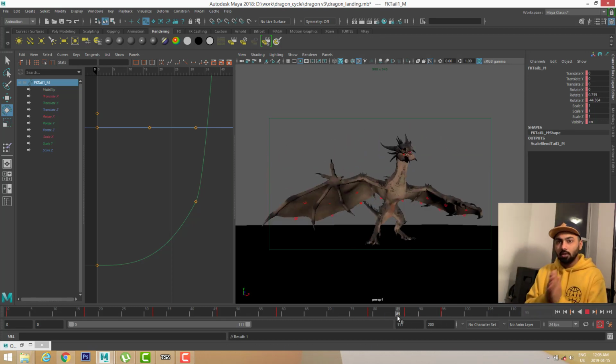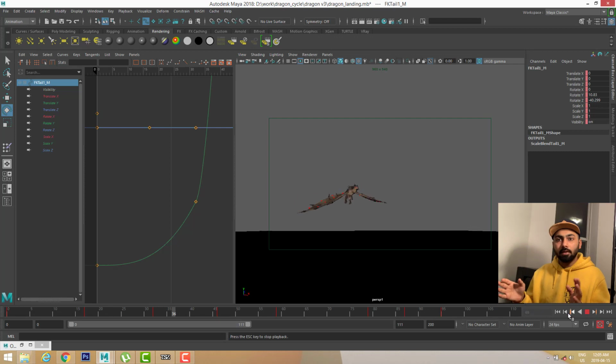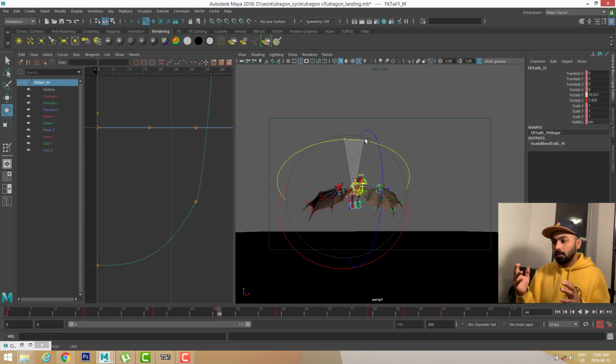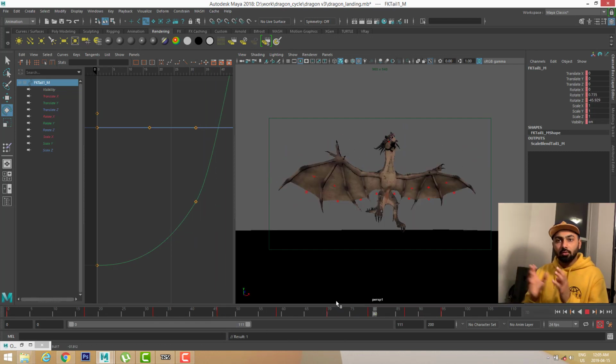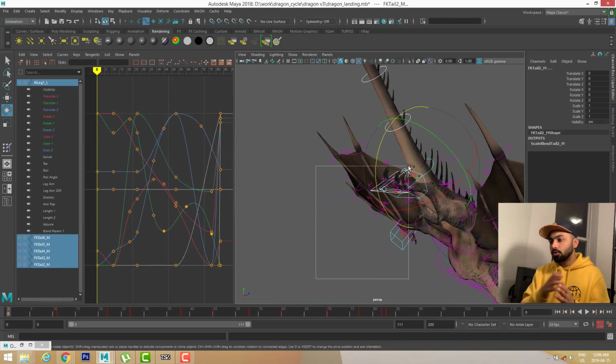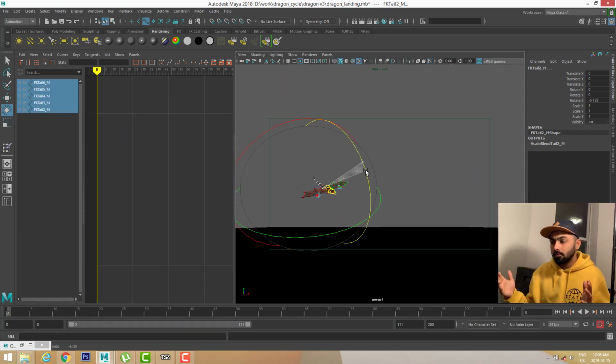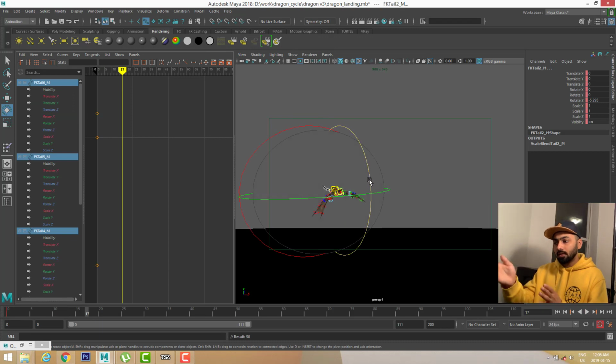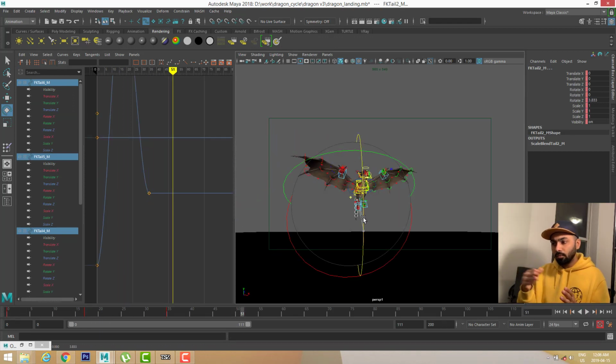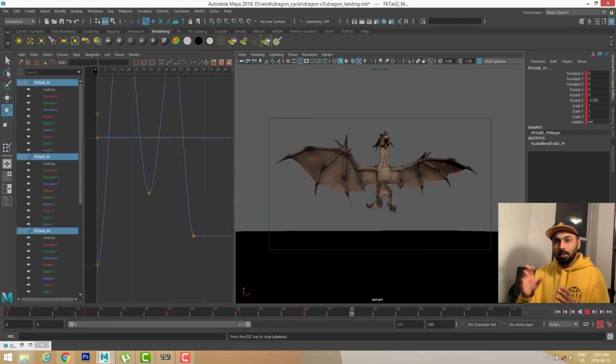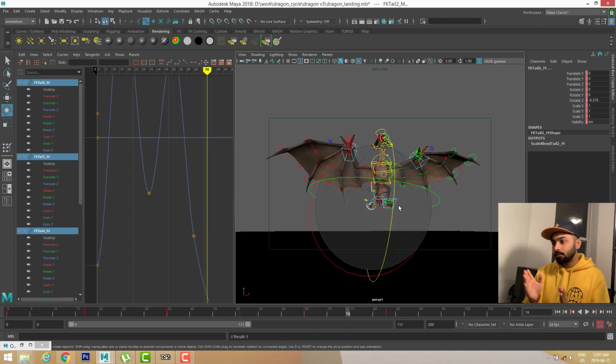In this animation, I didn't have any time to give nice separate movement to the wings and the tail. So I'm just doing whatever looks good here. First I give a nice base movement to the root controller of the tail, and after that I am